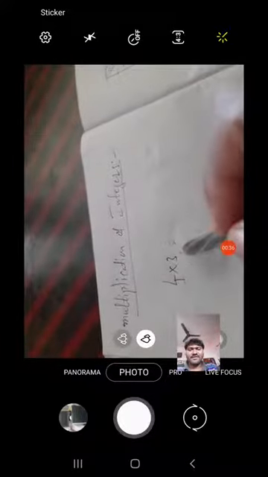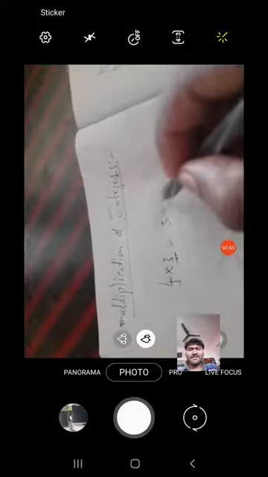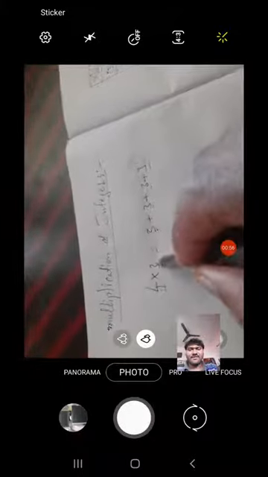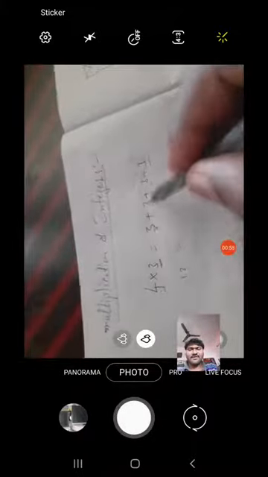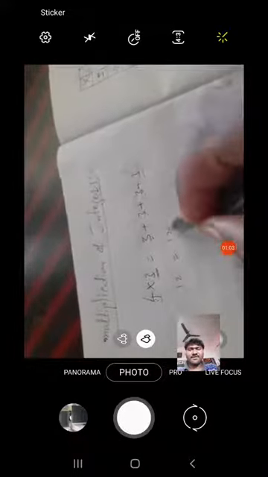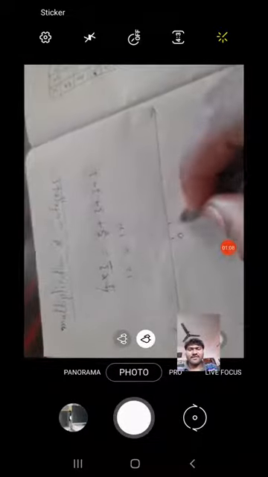4 into 3. 4 is an integer, 3 is also an integer. 4 into 3 is nothing but how many times we multiply by 3? 4 times. So 3 plus 3 plus 3 plus 3. So 4 into 3 is 12. 3 plus 3 is 6, 6 plus 3 is 9, 9 plus 3 is 12. Both are equal. When we represent these numbers on the number line, you can observe there